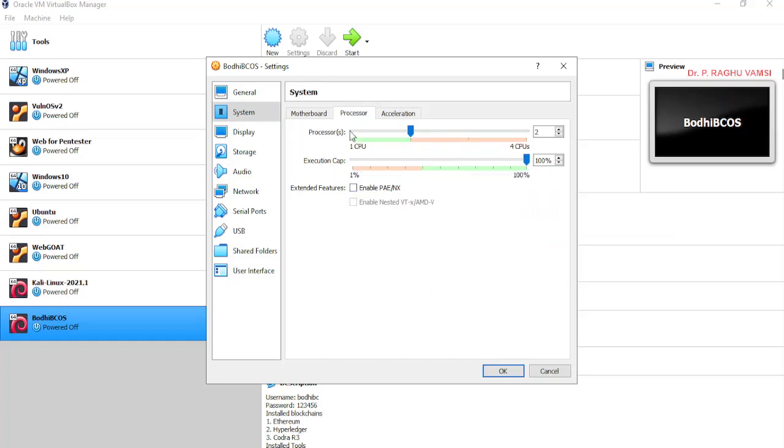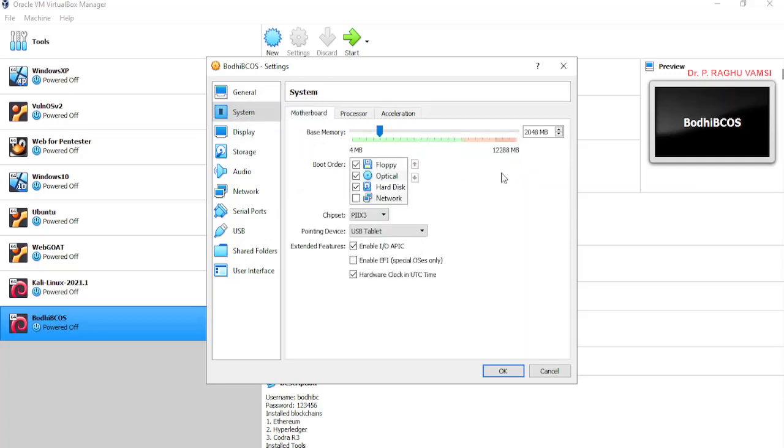Anyhow, this Bodhi Linux is a very lightweight operating system. It will work with even 2 GB RAM. So hence I have allocated only 2 GB RAM for this. Out of the 12 GB RAM that I have, I have allocated only 2 GB. You may also allocate more, if you have sufficient RAM, that is around 16 GB or 32 GB